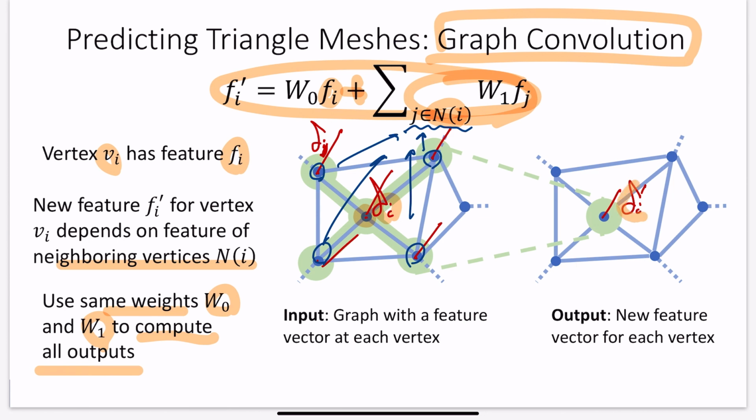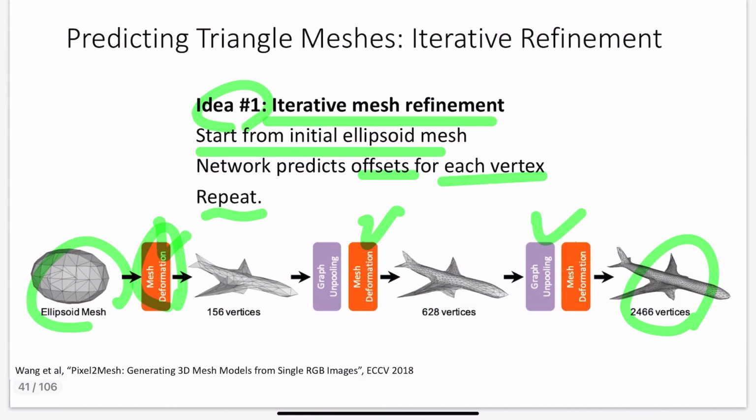Then we just make a new feature vector fi prime from the fi. By applying, let's say, the graph convolution here, we just update each feature vector at each vertex, right? Each vertex's feature vector, we change to fi prime, and